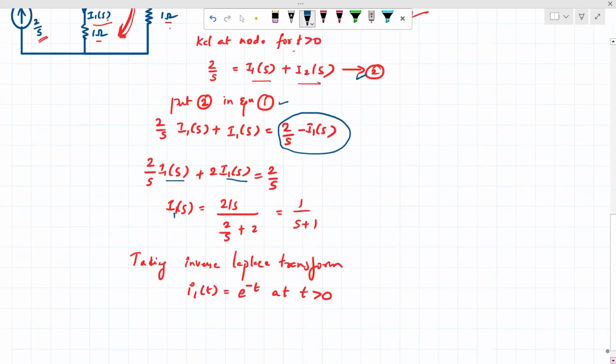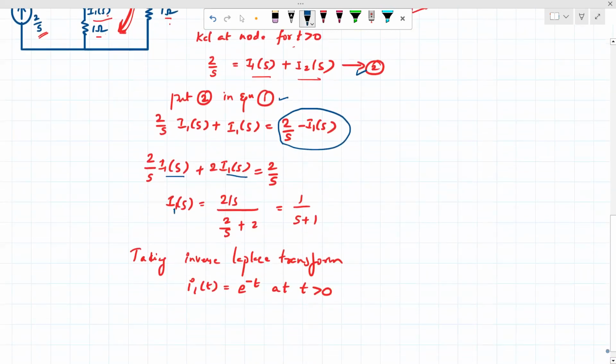Taking the inverse Laplace transform of this, 1 divided by S plus 1 gives e raised to minus t. So this completes the